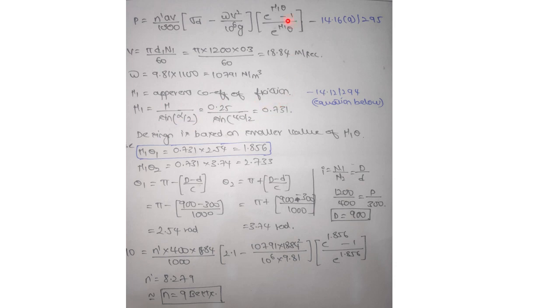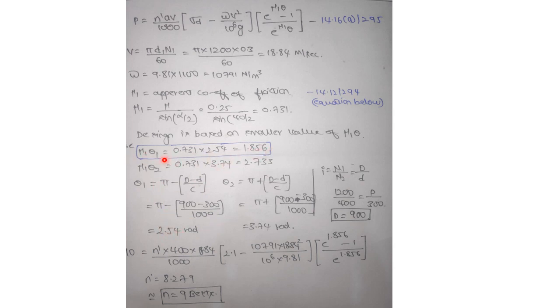Now, in order to calculate e to the power of mu theta, as in the case of flat belts, here also the design will be based on the smaller value of mu1 theta. Here it is mu1, so mu1 theta. So calculate mu1 theta1 and mu2 theta2. Theta1 is nothing but the angle of wrap of the driver side. Theta2 is the angle of wrap of the driven side. Just calculate the values. Anyhow, the smaller pulley will have the lowest angle. That will be the solution, but you have to show that this particular one is the smaller pulley.